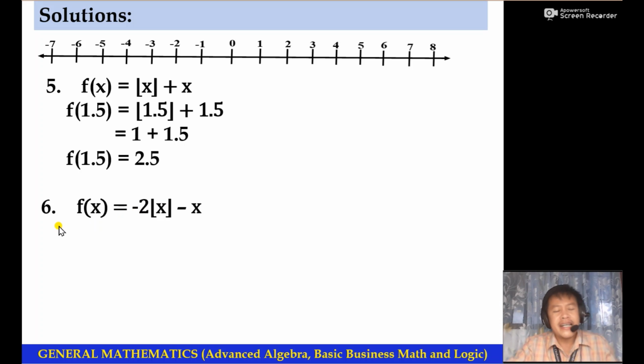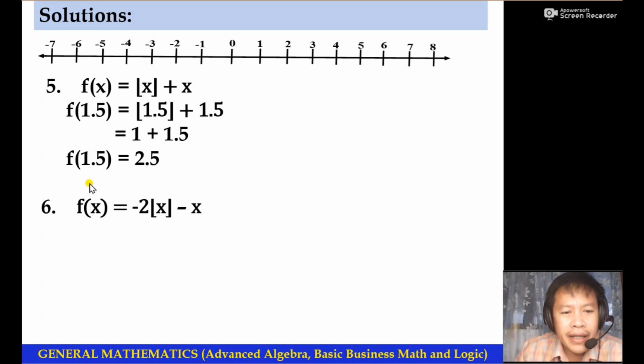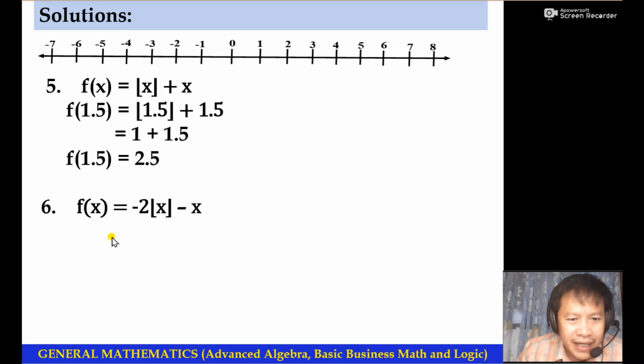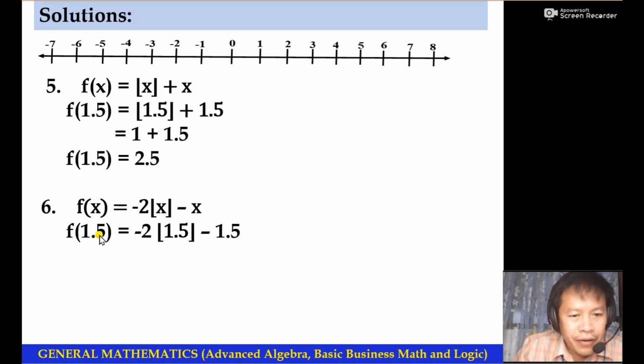We will proceed with number 6, and this is also greatest integer function. If x is equal to 1.5, take note, in this particular equation, we do not have yet the value of x. Therefore, we still have the variable x. But in the second line of our equation, x will be given a value which is 1.5. Therefore, you will no longer see a variable x in the second line because all x's will be substituted with 1.5. So f of 1.5 is equal to negative 2 times the greatest integer function of 1.5. And this is 1. Then 1 times negative 2 is negative 2, minus 1.5 is,